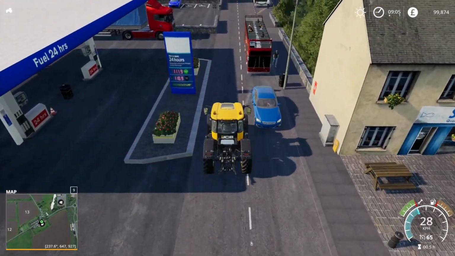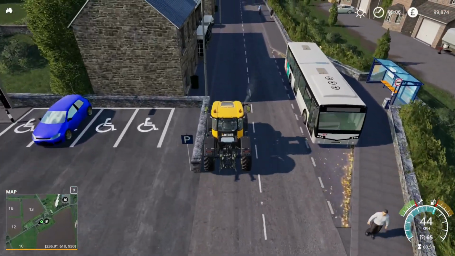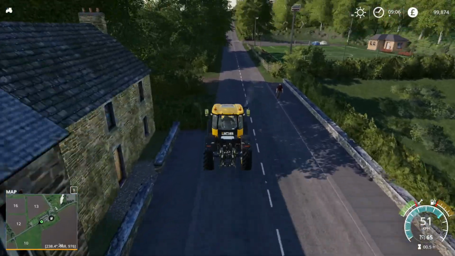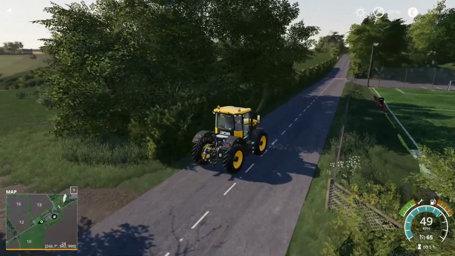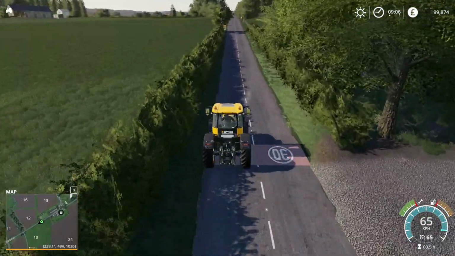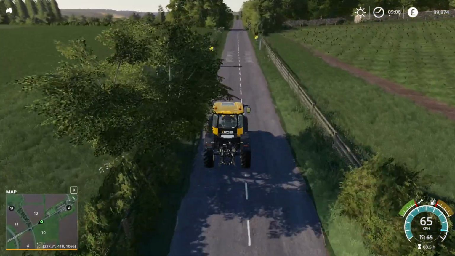There's our dreaded tour bus right there. And by dreaded tourists, I mean they go fast and they will knock you off the road if you're not paying close enough attention. They will knock you around if you just get hit by them. Gosh, I'd love to do a let's play on this map. However, I love using big equipment, so I'd be worried about